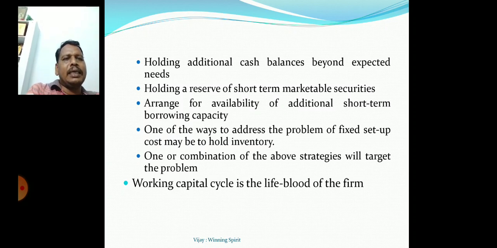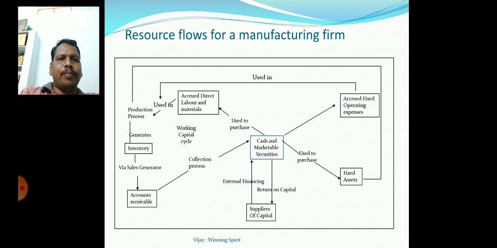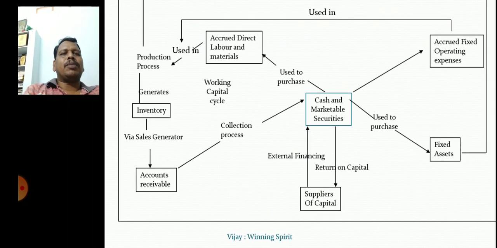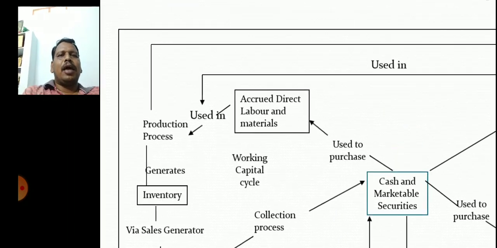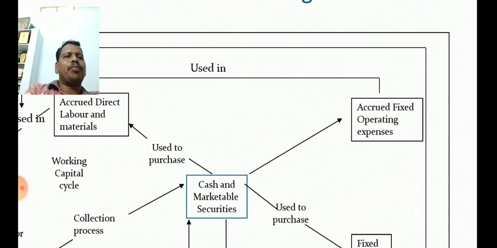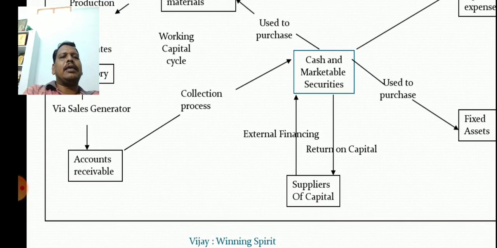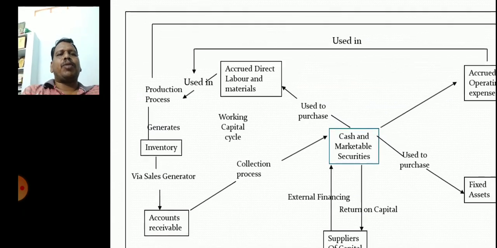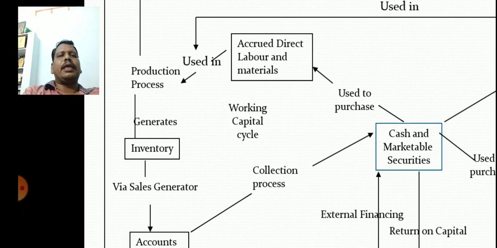Working capital cycle is the lifeblood of the firm. Why? Because it is a circulating finance of the firm. The resource flow of a manufacturing firm you can understand just by watching this slide. Observe the slide carefully. The slide is in a rectangular form. It is given: production process generates